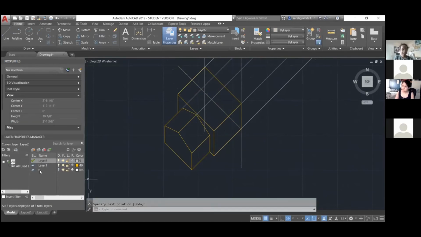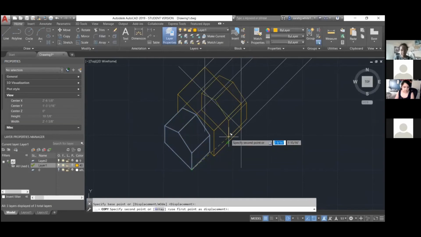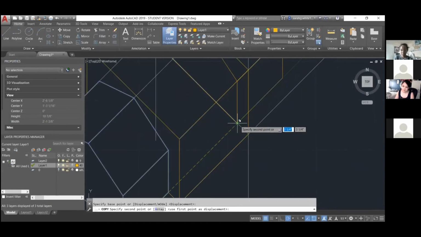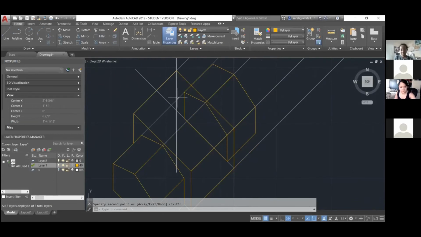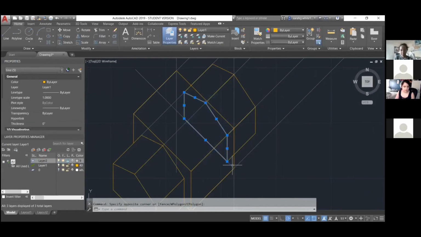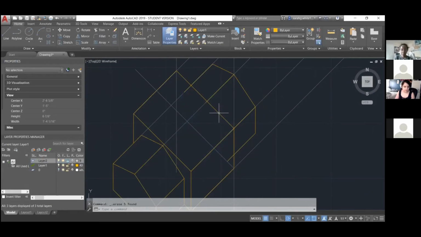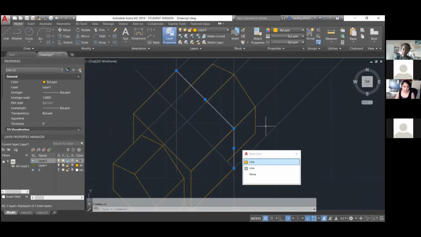So yeah, from here you might want to make a construction line here, and you can go ahead and type in copy, come in here, grab this whole thing, click the base, and again, AutoCAD will keep that frame of reference for you, and you can just select it there. Delete all the objects inside. Let me block this. And then we can use the